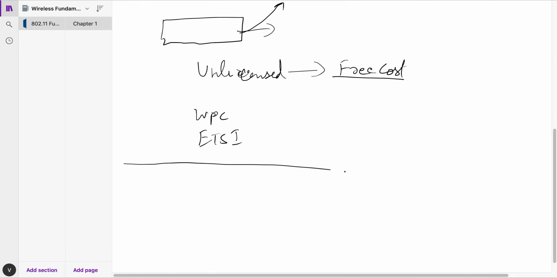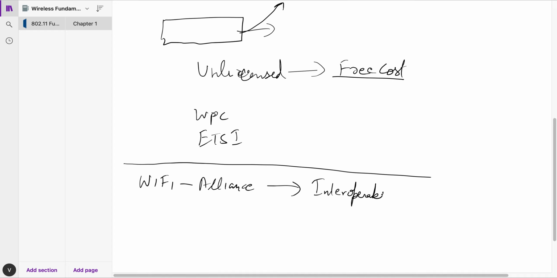The next body that comes to my mind is Wi-Fi Alliance. Now Wi-Fi Alliance tells you about the interoperability of WLAN products. Wi-Fi Alliance is actually testing the ability of all the WLAN products and giving you certificates on that. Now if I own a company and I bring up a Wi-Fi access point,